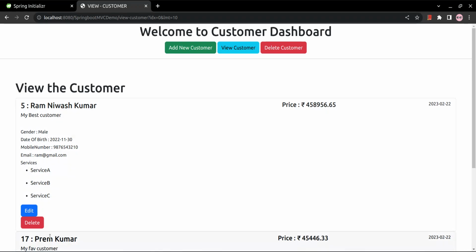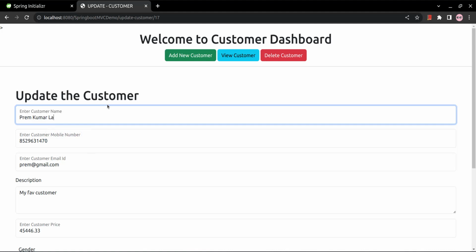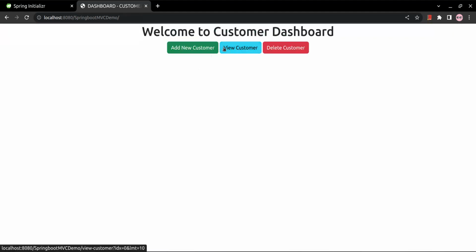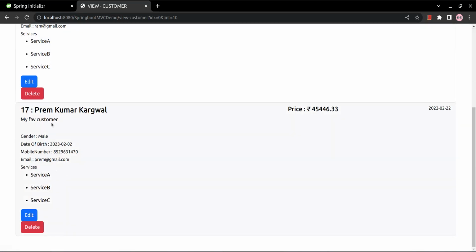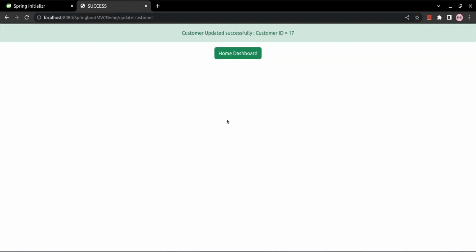Prem Kumar, if you want to update this one, Prem Kumar Kargwal, anything you want to give, you can give. It's not that you can update only the customer, any details you want to update. Currently you can see Prem Kumar Kargwal has 3 services, but I want to remove service C. How can I do it? Very easily, remove the service, update, that's it,